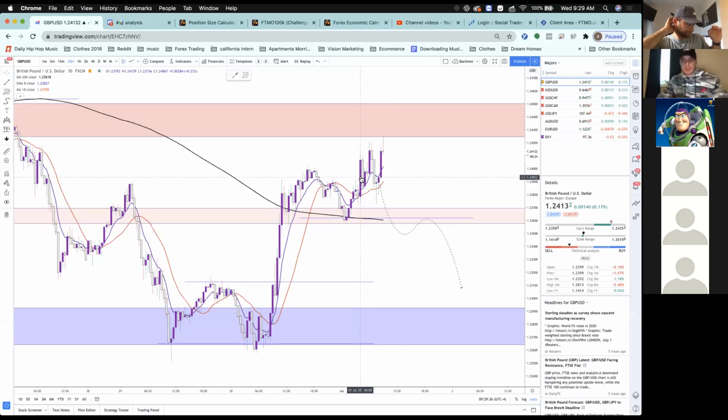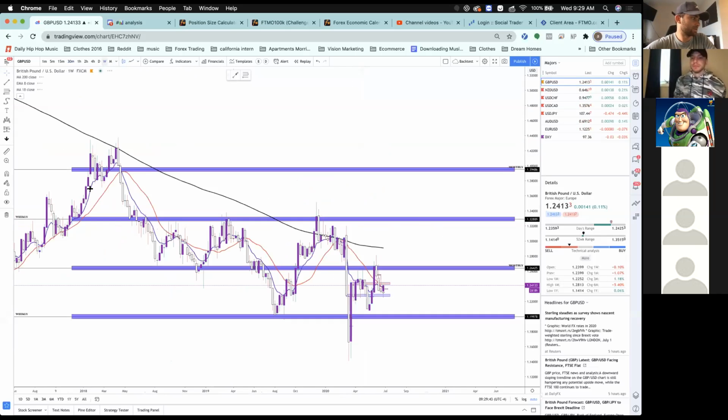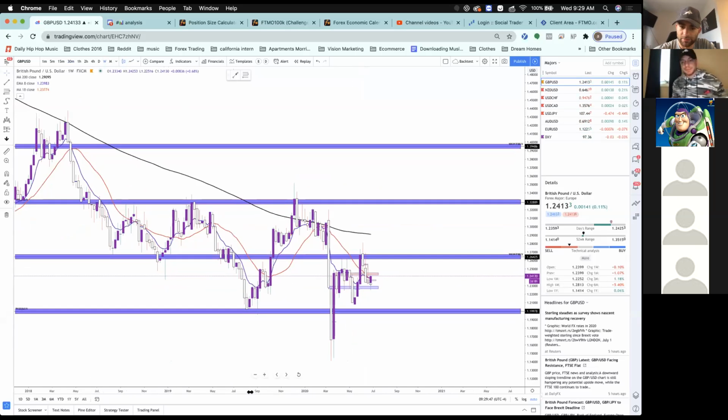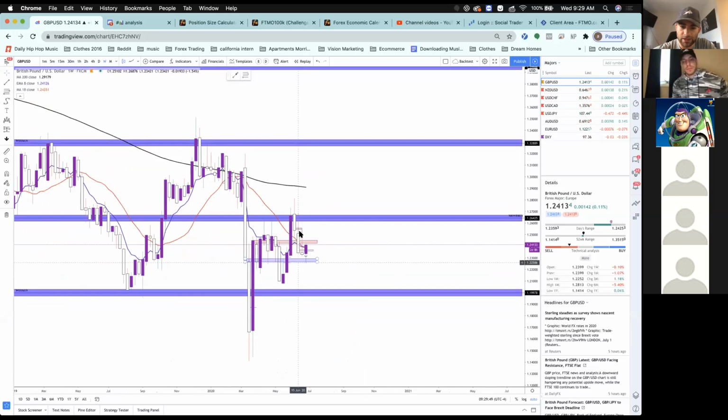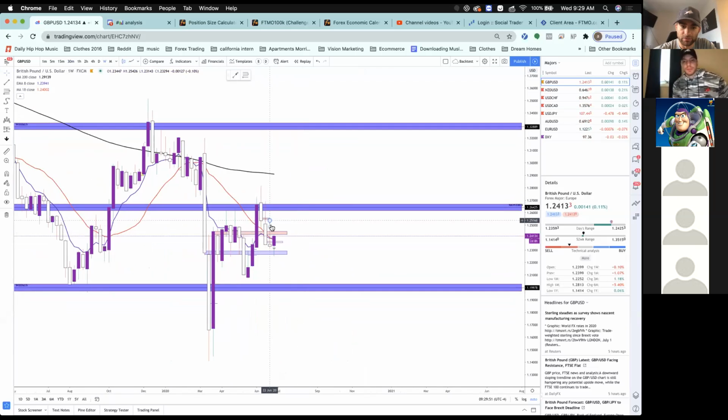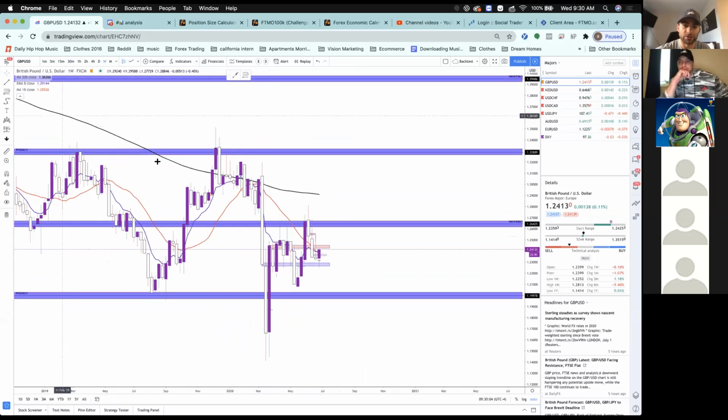All right, so we've got GU here. We're going to start on the weekly time frame. Like we talked about yesterday, this latest candle formed. We were expecting some sort of reversal from this level, with no body and no volume to the downside after this large wick. Overall, we are in a downtrend on GU, so we're trying to keep that in mind.